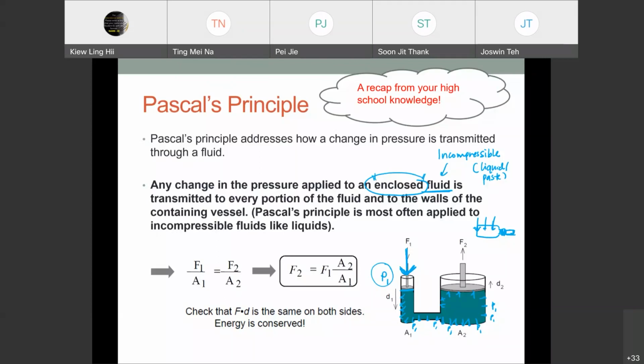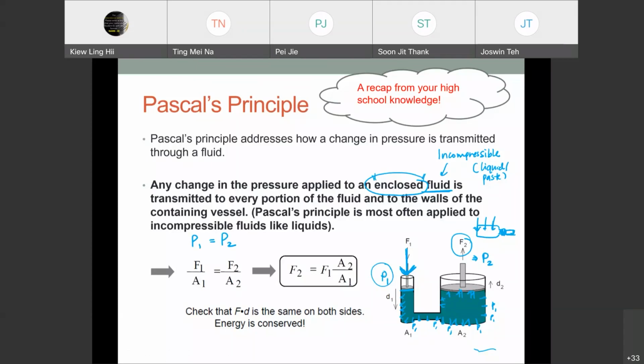So in your high school, you only learn about the principle or the definition. So now when it comes to foundation, top up a bit with calculation. So since when you apply P1, it is same as P1 at other points. So we will say that at point 2 here, the amount of pressure that you receive is also equals to P1, right? Or we put another name here as P2. So we will say that P1 is equals to P2.